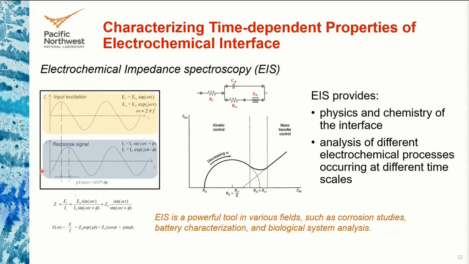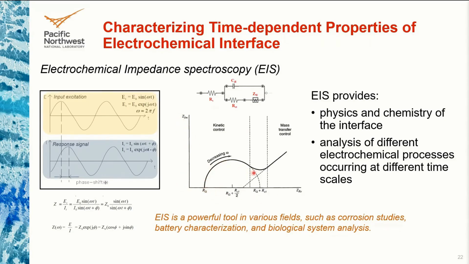By analyzing the phase shift and the resistance that come out of this sinusoidal input and output, you can construct the Nyquist plot, something like this, wherein the x-axis is real impedance and the y-axis is imaginary impedance,